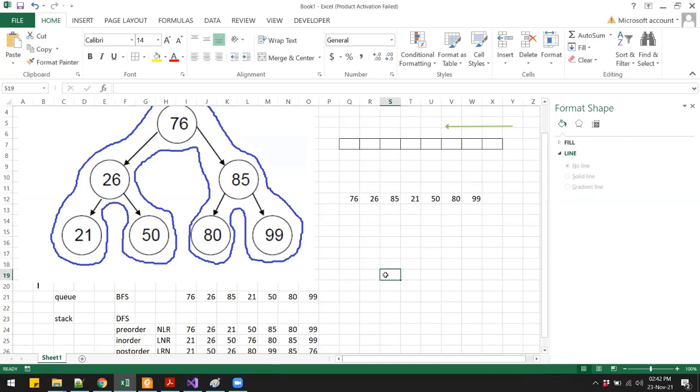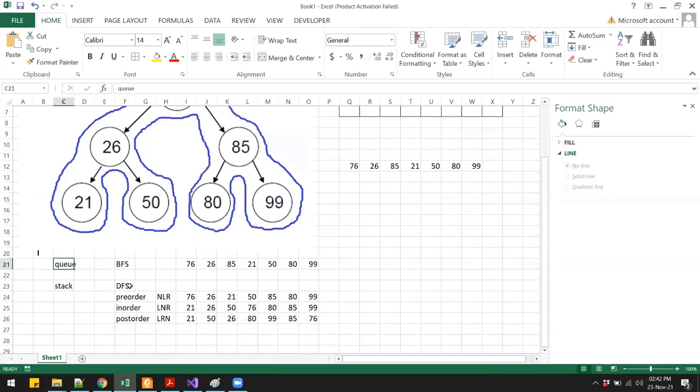So the main thing over here is when you are traversing a tree using a BFS method, you will use a queue. When you are traversing using the DFS method, you will use a stack. Now, the good thing about this stack method is we don't really have to explicitly use a stack in our function.